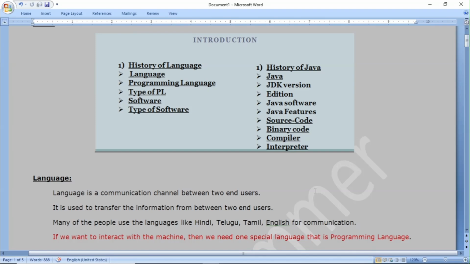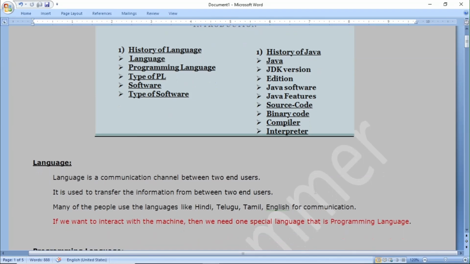Today our lecture topic is language. What is language? Language is a communication channel between two end users, and it is used to transfer our information between two end users.